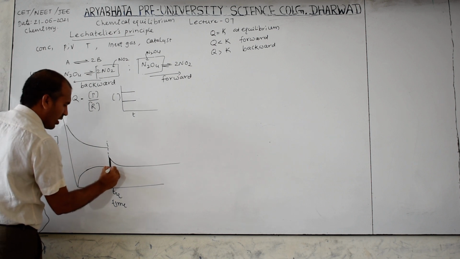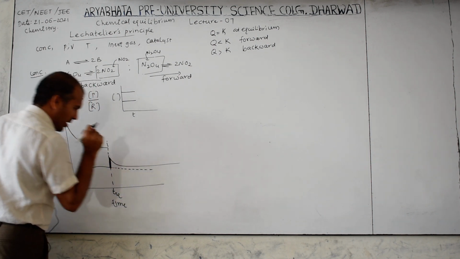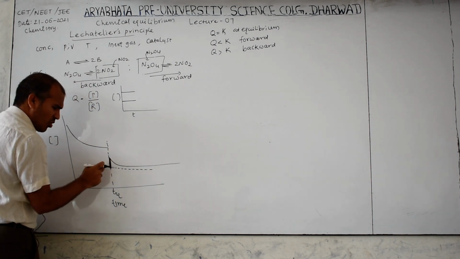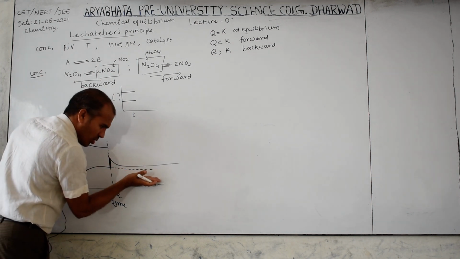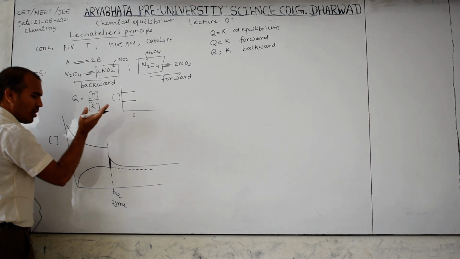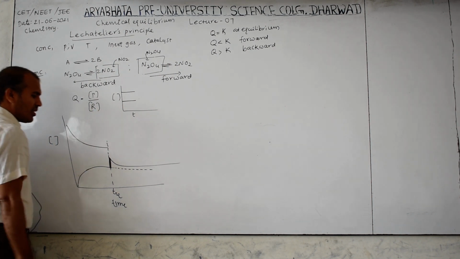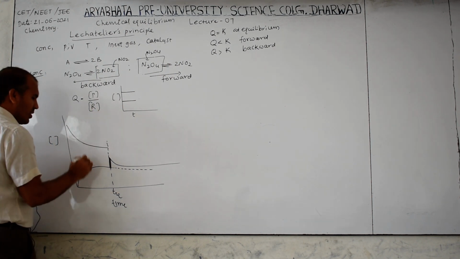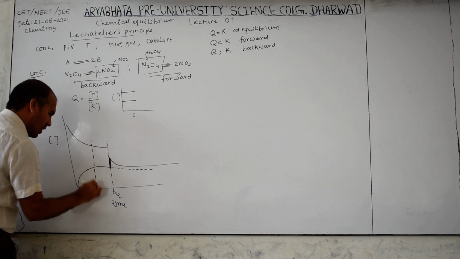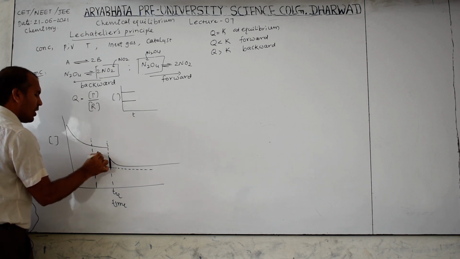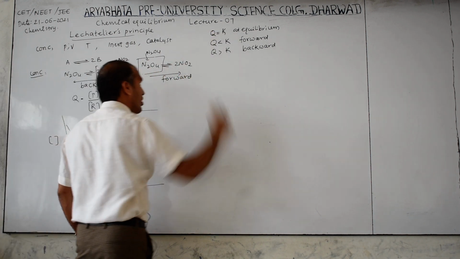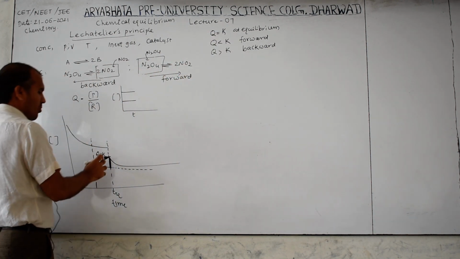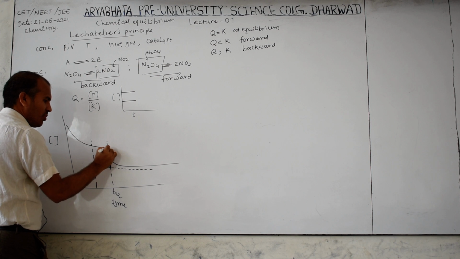When backward, this should decrease like this. But keep in mind, whatever this line, that line should not cross the before-equilibrium line. It does not cross down. Always it should be up only. If it is crossed down, that is wrong. Now before this, the condition is Q equals K. That's why this is constant. This is the equilibrium position. Now when it is decreased, then this should be increased.